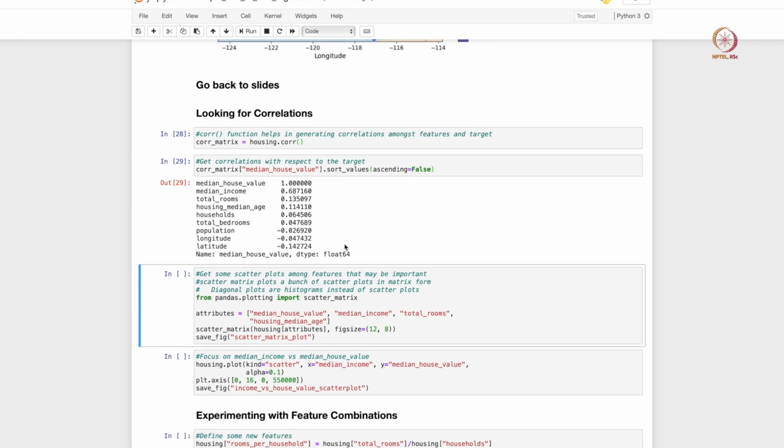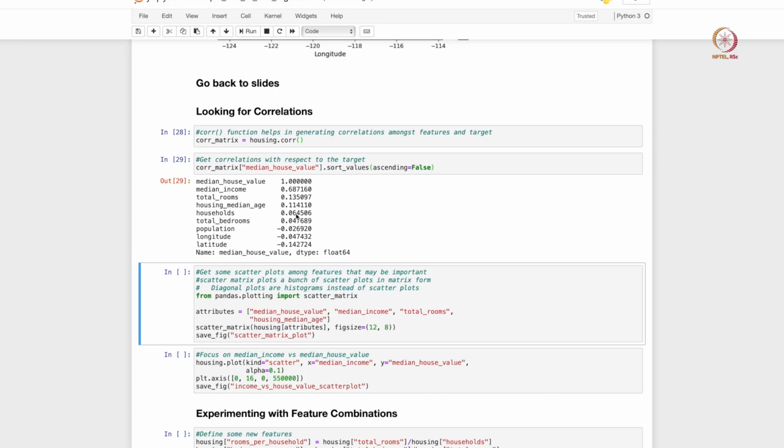Correlations that are closer to 1 or -1 basically indicate that your feature is strongly related to your target value. So 1 means that whenever your target value is increasing, your features are also increasing, or vice versa. If the value is -1, then they are anti-correlated. So if your feature values are decreasing, your target values are increasing, and this decrease and increase is perfect. Values closer to 0 indicate that your features do not really correlate with your target value. So it does not matter whether you increase or decrease the features, your target value may remain constant. So we do not want features that are close to 0, we want features close to either 1 or -1.